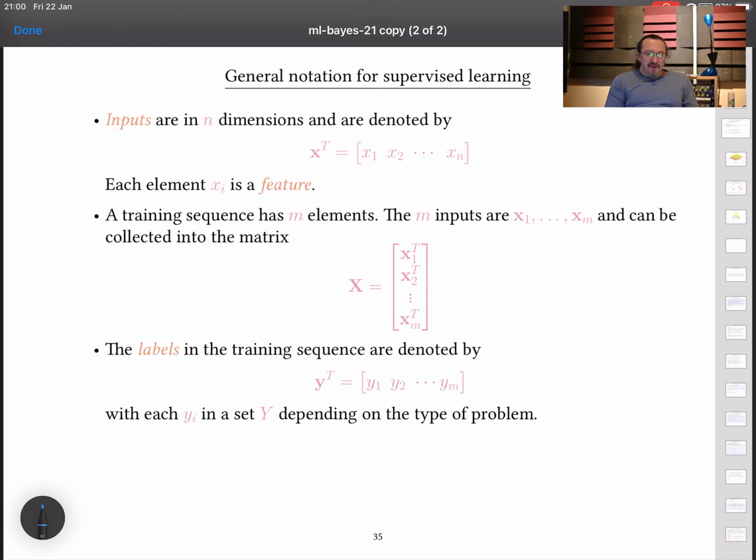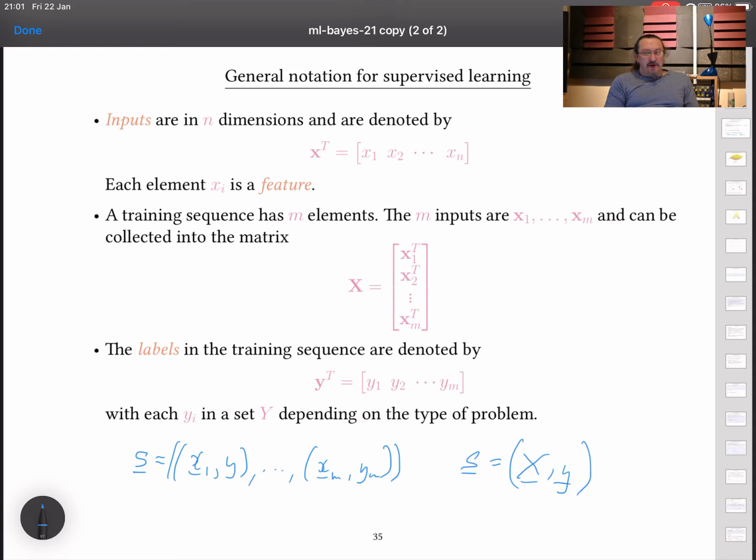Okay, so what you have on this slide is essentially just saying that whereas we used to write a training set, I think the notation I used last year was S, and I would pair these guys up. Now we can just collect them all together into a single matrix and a single vector. Okay, now we can say that S is just our pair as defined on this slide.